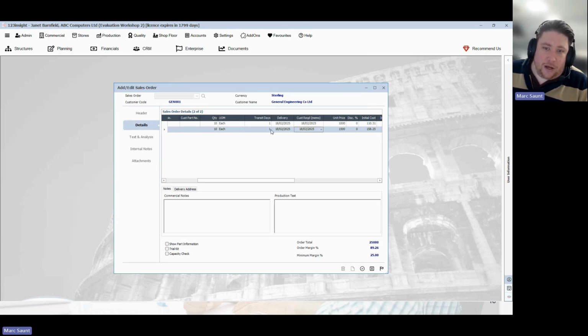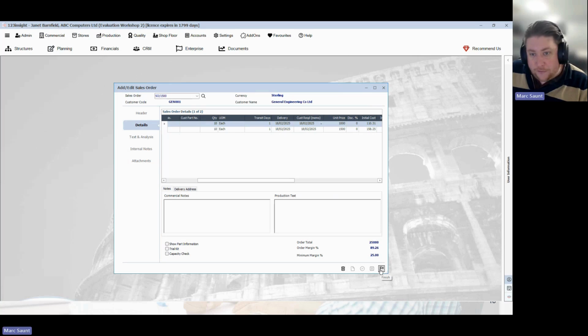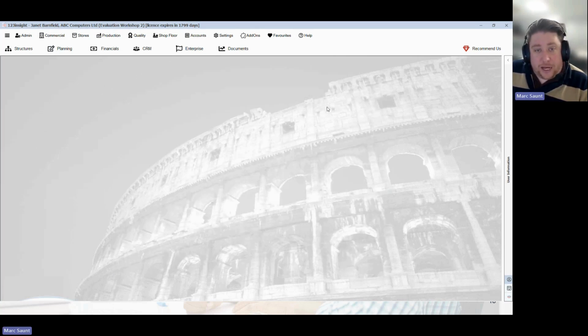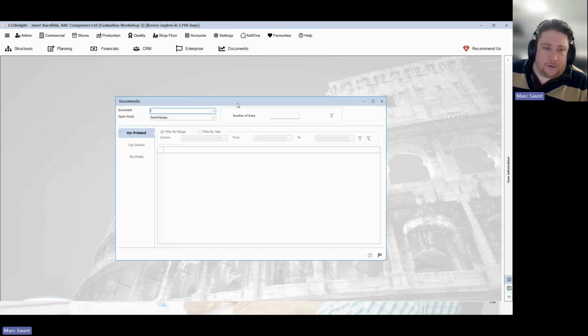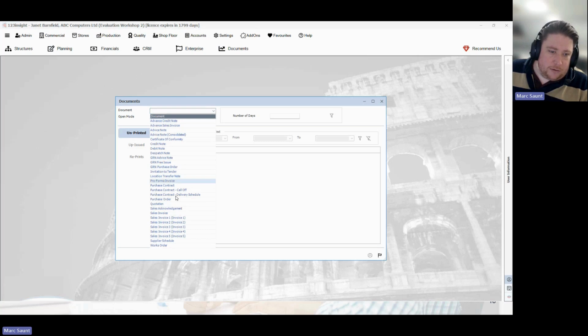Even if later on down the line you choose to change the actual delivery date to the customer, that can then stay fixed. It means you can do a bit of analysis after the fact on the OTIF to the customers if you wish. So right, I'm very happy with my sales order now. I've got everything that I need, so we'll give that a close and let's go and look at that sales acknowledgement. So my sales acknowledgement here,